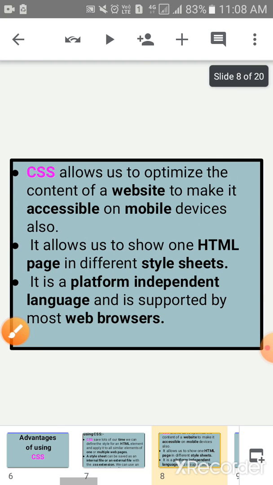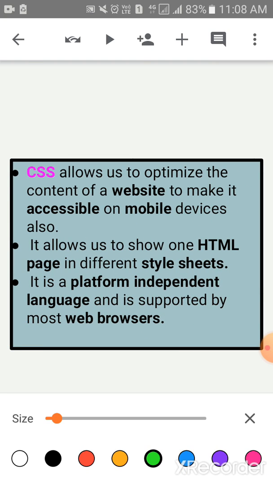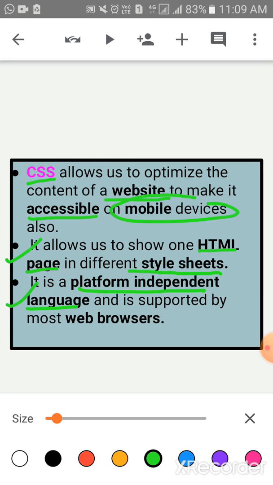The next advantage of CSS is that CSS allows us to optimize the content of a website to make it accessible on mobile devices also. Next, it allows us to show one HTML page in different style sheets. And next, it is a platform independent language and is supported by most web browsers.